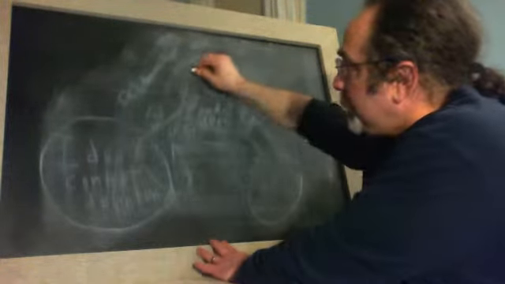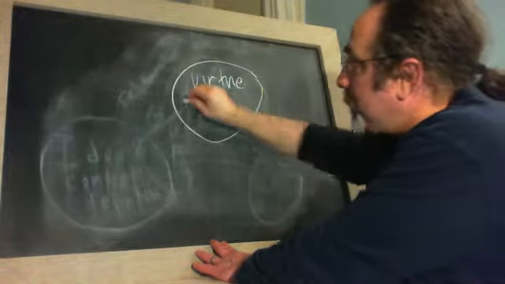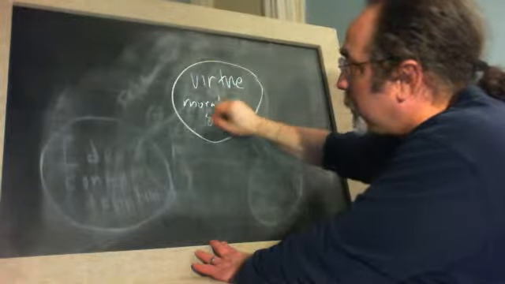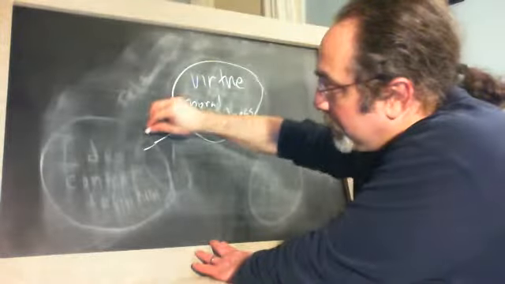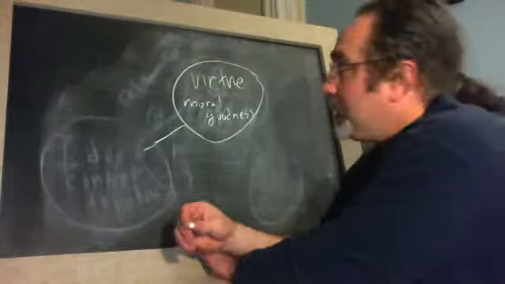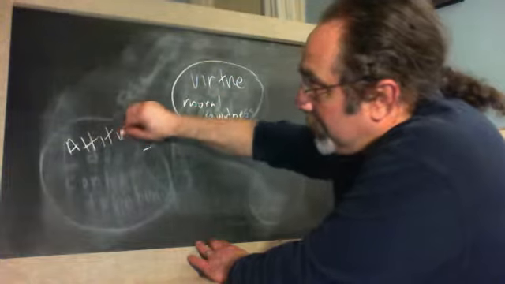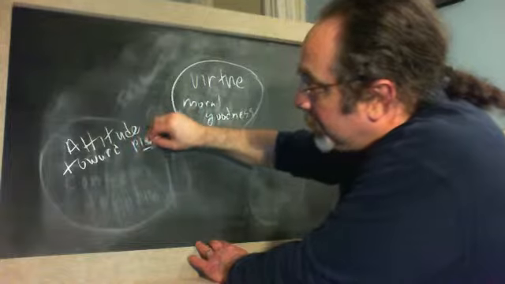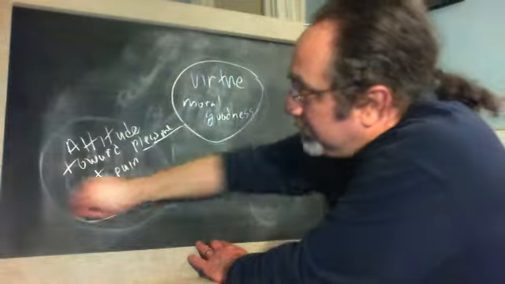So let's take, for example, you started off with virtue. You need the word virtue, and then something about it. Well, what's the definition of virtue? Moral goodness. Then say we had another idea. Let's say that that idea was an attitude toward pleasure and pain. So here's the attitude,